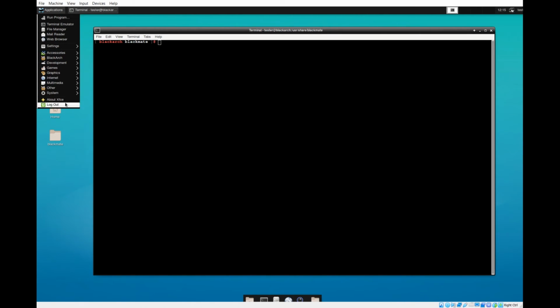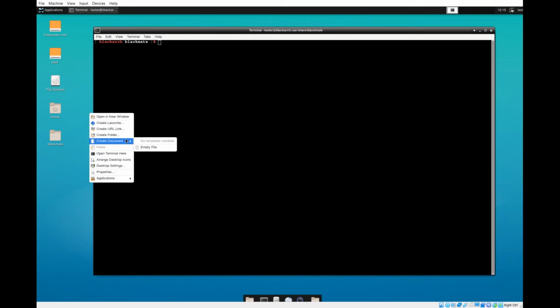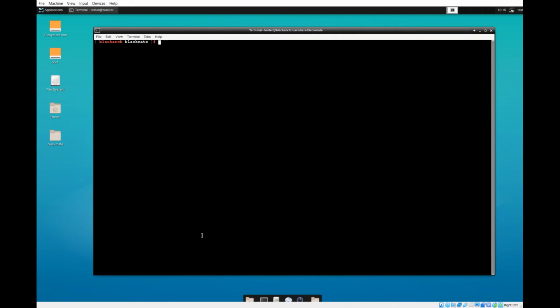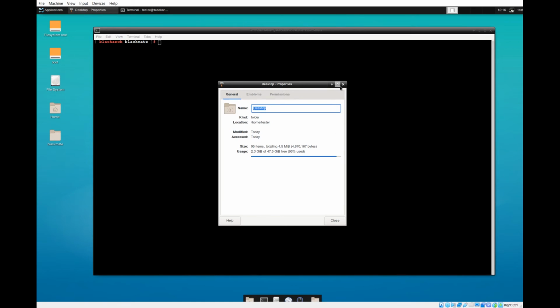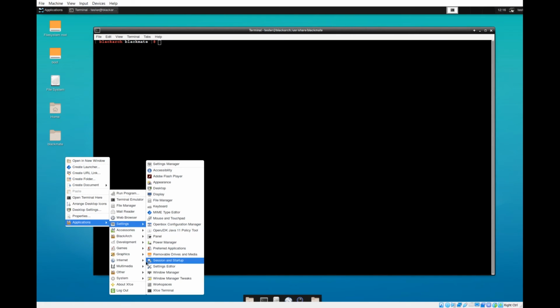Other system. Now, in our case, when we go to the applications, for some reason it doesn't really show the applications,